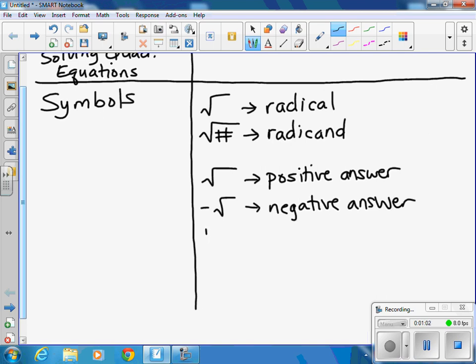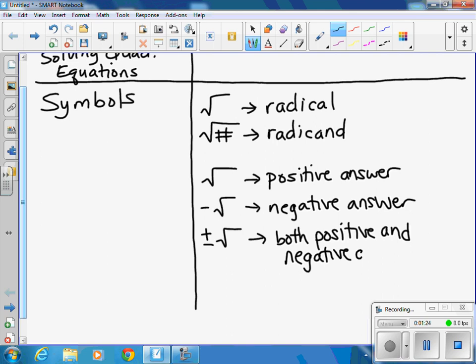If you have a positive and a negative sign, it's known as the plus minus sign, and there is no button for this on your calculator, so you have to make sure you write it every time you want it. If that appears outside of the radical sign, then that means that you have both positive and negative answers. You have one of each. So instead of writing two separate numbers, we write the plus minus sign, and that satisfies both the positive